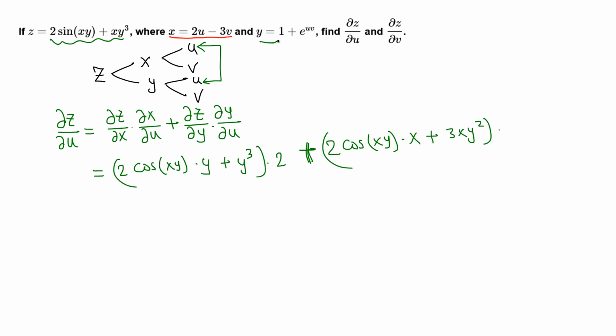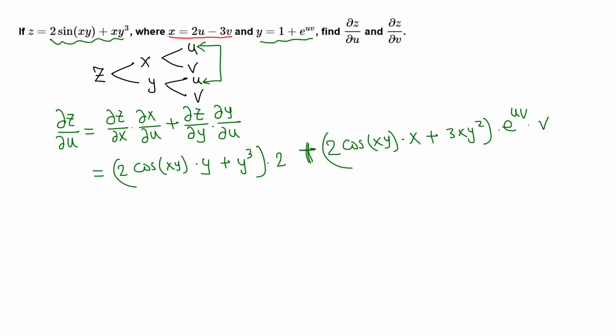So here is y with respect to u, this is 0 plus exponential function itself times partial with respect to u for uv, just v. This would have been the answer, but we need to replace x, y throughout by these